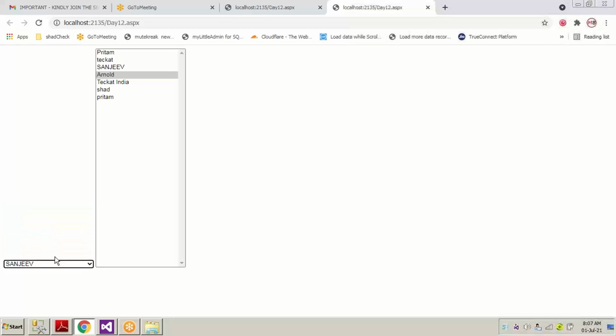Okay, so these are the features which the drop down list and the list box have. Now you can see the drop down list is on the left hand side and the list box is on the right hand side, side by side, but I don't think it's looking decent.